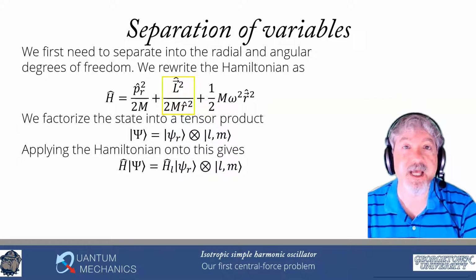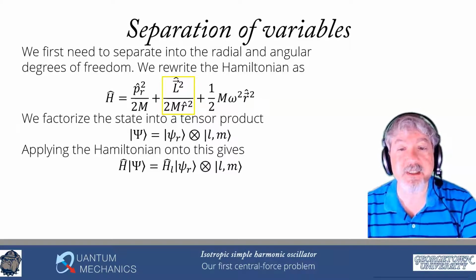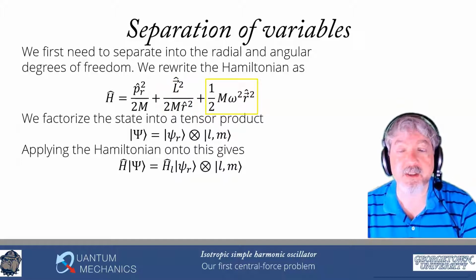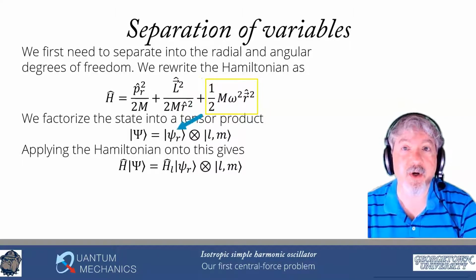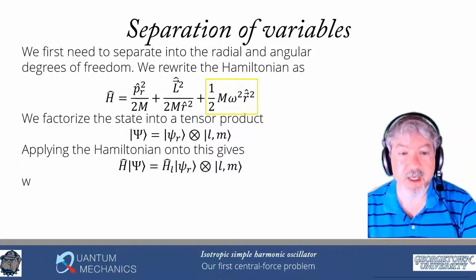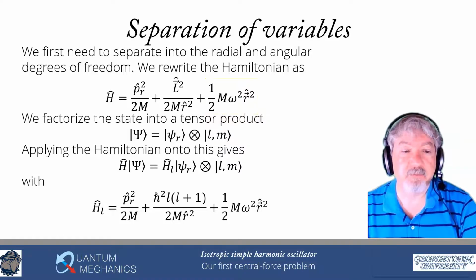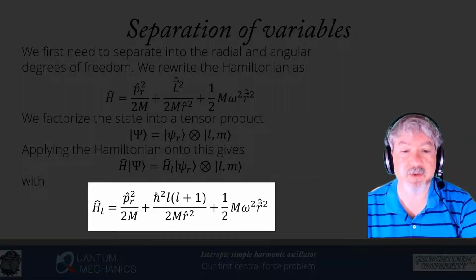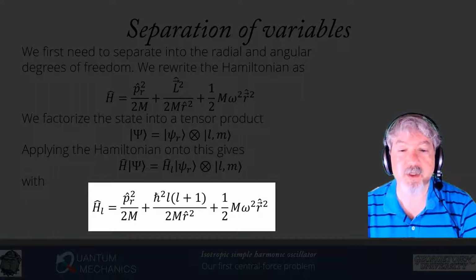What we're going to do is let that L squared piece act on the LM part. Because it's an eigenstate of L squared, it just multiplies that state by a number, which is h bar squared times L plus 1. And then the third part is a tensor product of an operator that acts on the r part of the wave function tensored with the identity, because it acts like the identity on the angular part. And so we find that these HLs become radial momentum squared PR squared over 2m plus h bar squared L times L plus 1 over 2m r squared plus 1/2 m omega squared r squared. And that is an object that acts only on that radial wave function, the psi r ket.